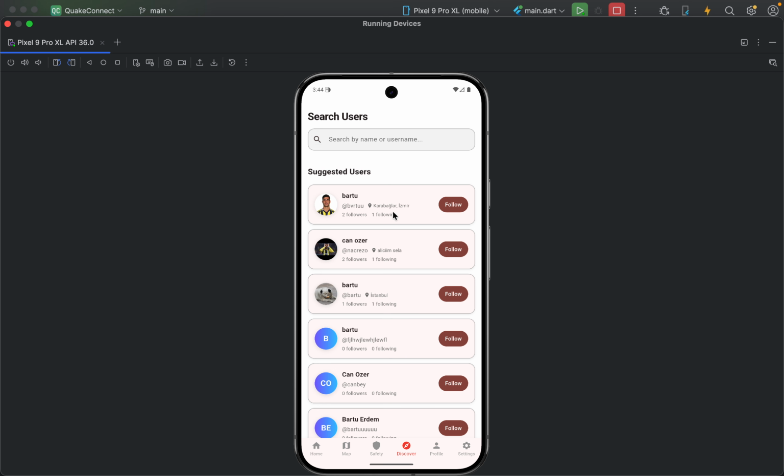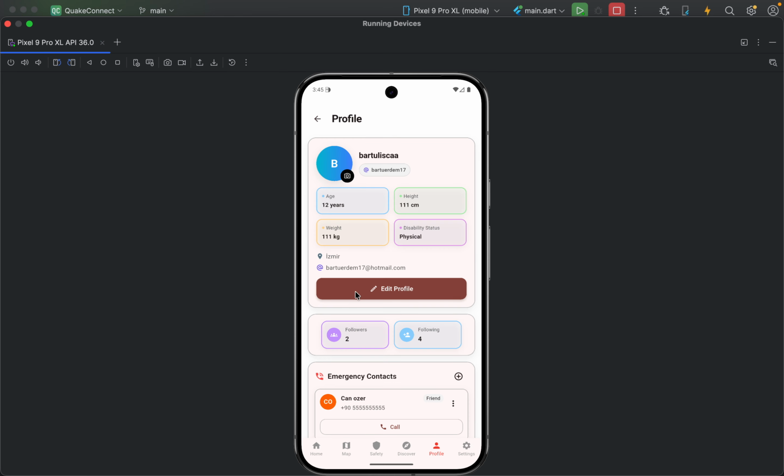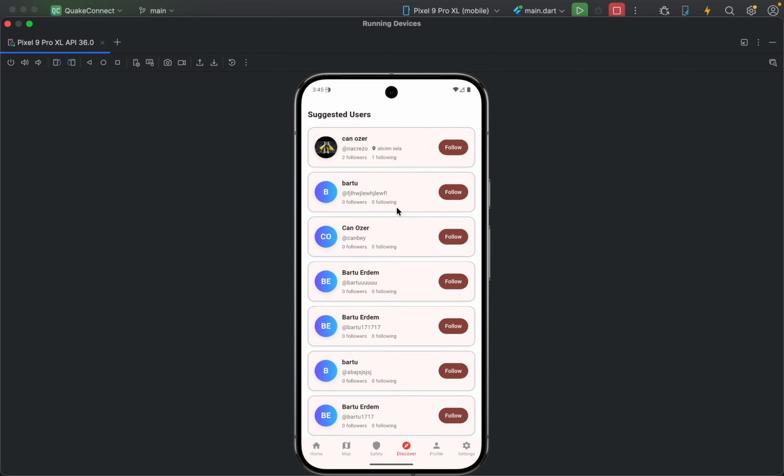I can continue with discover page. You can discover all of the accounts from here. You can search the users. Here we can see suggested users for you. We can follow from here, and it automatically adds to your following,